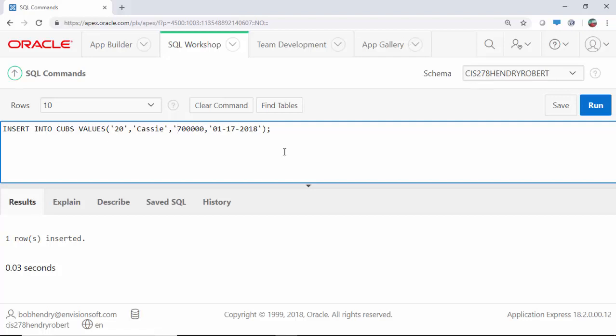Now notice we're changing data types. We're saying 20 is a string. Cassie is still a string. She makes $70,000 or $700,000. Is that right? Let's see. It doesn't matter what it is as long as we cite it correctly. She's making $700,000 a year. She must just be starting. Wouldn't it be nice for a minimum wage? And she started again on the 17th of January, 2018. So we run this,